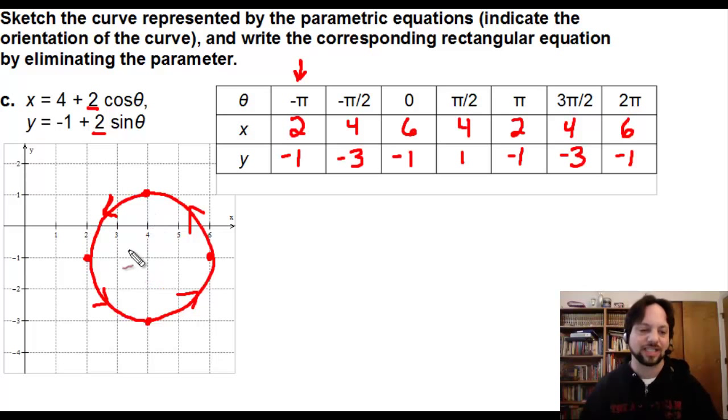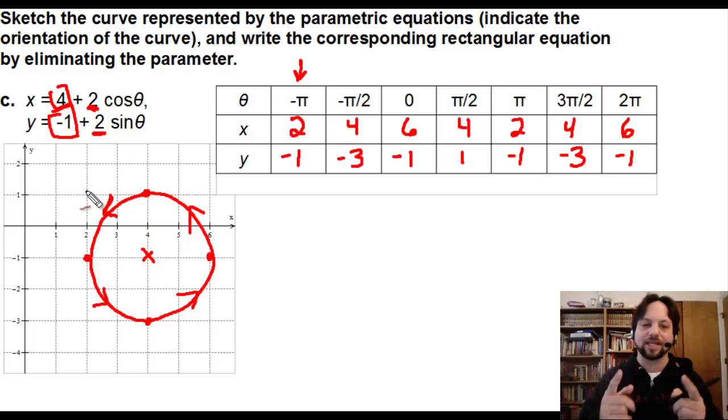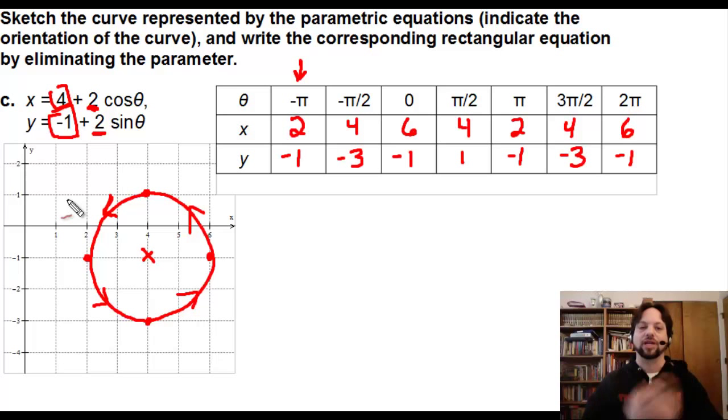Of course, it is not centered at the origin either. You'll notice that the constants in the x and y do kind of give me my center, and then these give me the radius of the circle. Now, all that information could be very useful when you're trying to come up with the rectangular equation for this graph. My hope is that you can just look at this graph, realize it's a circle, and just give the